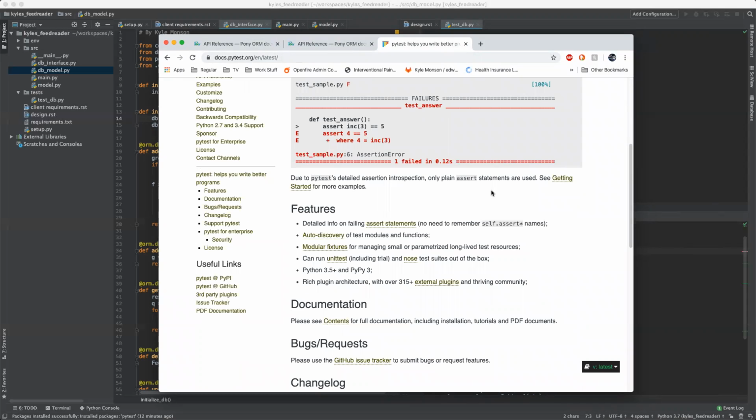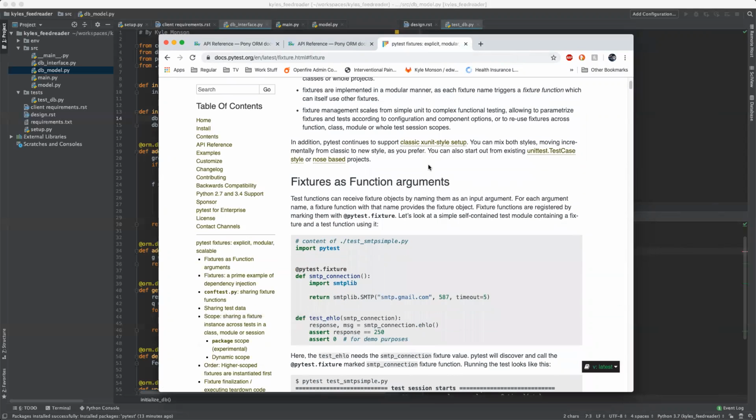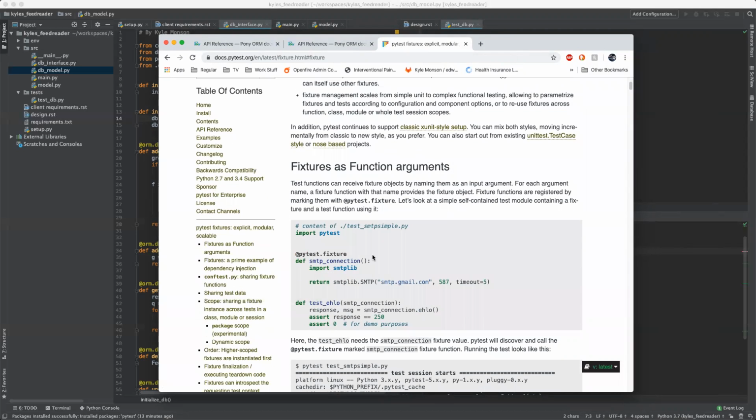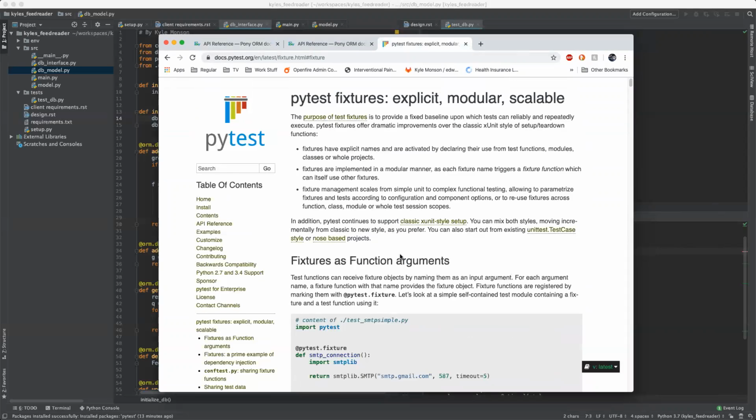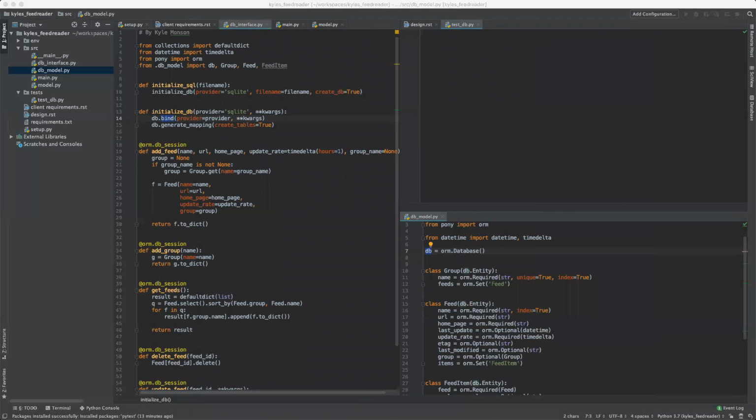Okay, so we need to go to the fixture section of the documentation, and we need to create a fixture. Now, fixtures are a very powerful feature in PyTest. It allows us to set up our test. It allows us to basically manage the state of our test and do things that require setup and teardown. So the first thing we're going to do is import PyTest,